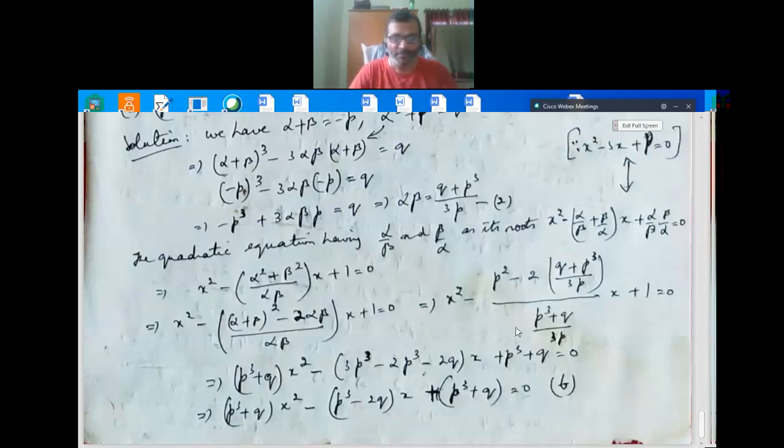Then taking LCM and simplifying, here LCM 3p, you get 3p cubed and all that, x is common, and writing it as x squared. So when you take LCM here, if you multiply, you get p cubed plus q divided by 3p into x squared, like that. So taking 3p as LCM completely, we get this equation by solving them, very simple. From this you can do it; it is ordinary simple 10th standard mathematics after simplifying this. So the option is B.